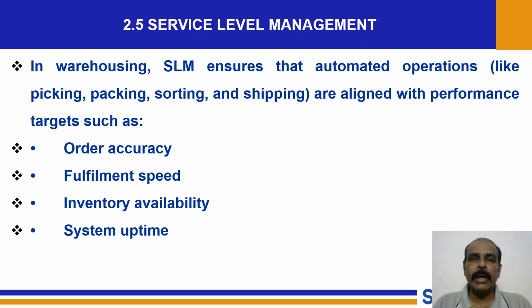Then the fourth very important thing, order accuracy. Order accuracy means the part you ship to the customer should be of the specification they have asked for. Maybe color, specification, the technical specifications, the packing requirements, likewise several things are there. Again, I will come up with one particular example. For example, in a warehouse case where they have ordered some steel parts, okay, steel parts. So in a warehousing case, steel parts will be preserved under some regulations. The regulations are some anti-corrosive or corrosion resistant coating, a thin film of say grease or oil would have